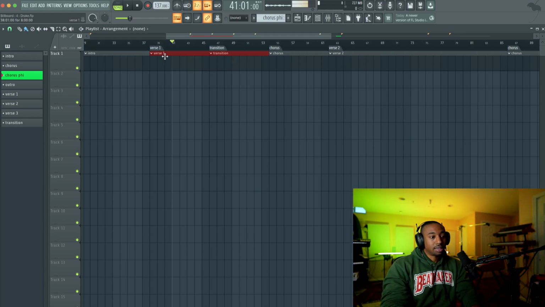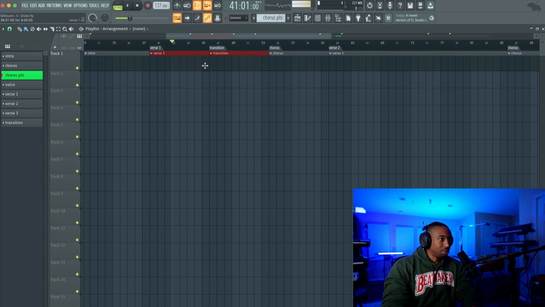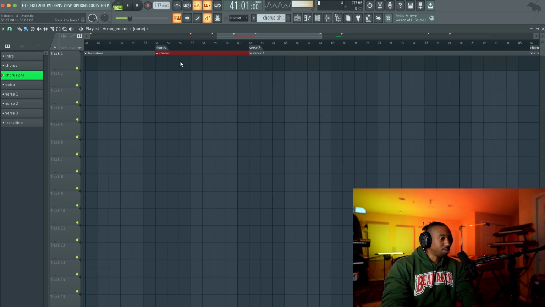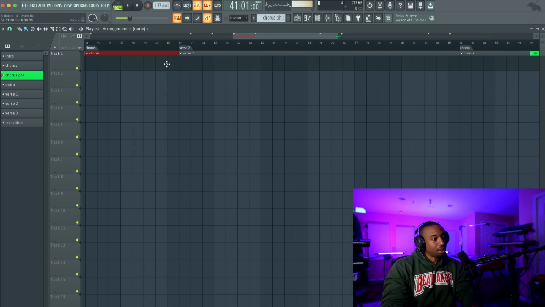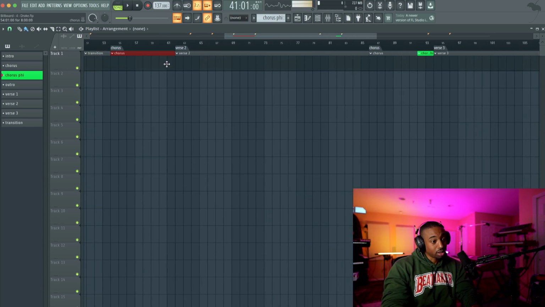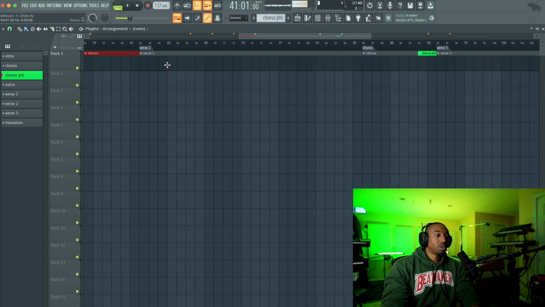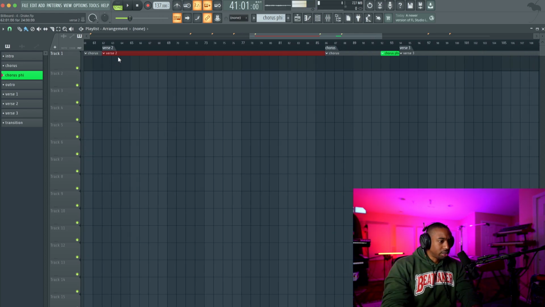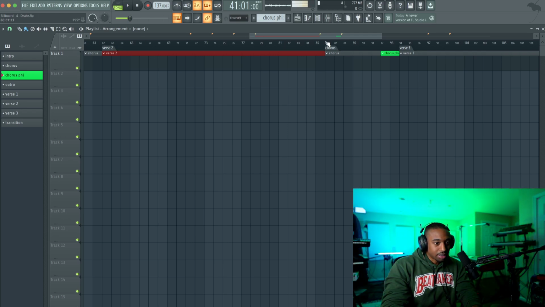So you have this intro, which could be 4 to 8 bars. Then you have a verse 1, which is about 16 bars. In this case, 8 to 16 bars. Then we're moving into the chorus, which is pretty short. It's 8 bars at 137 BPM. And again, if you divide that by 2, it's 4 bars. So a really short chorus. Then we move into verse 2. I believe this is 21 Savage's verse. I can't remember the exact order of who was on this track. Let's just count from 62 to 86, what is that?